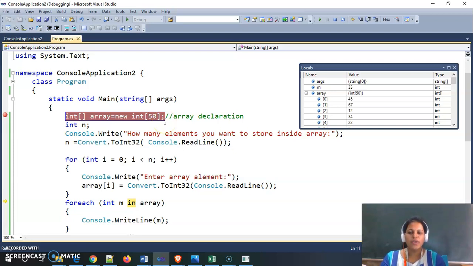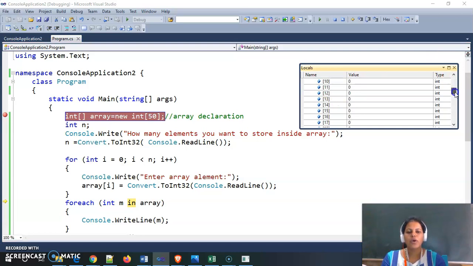I don't know how many elements the user wants to store, but for safety, maybe the user needs some extra elements, so I am giving a huge size here. But by using this size I am wasting so much memory. So this is the drawback of static memory allocation.